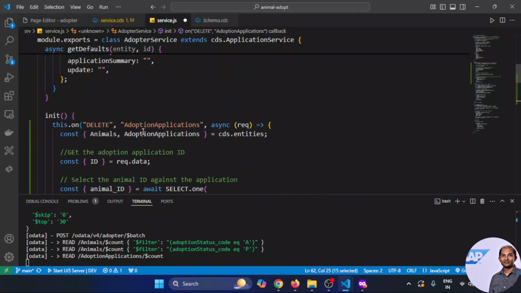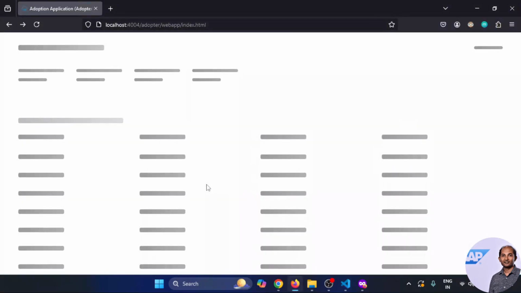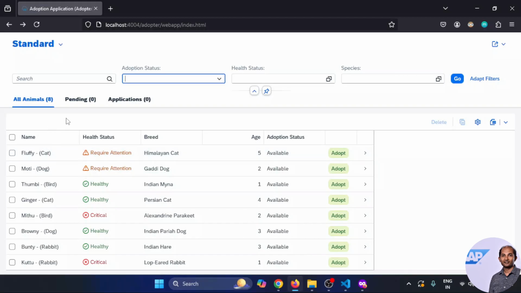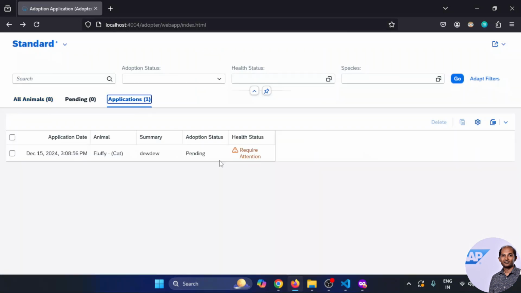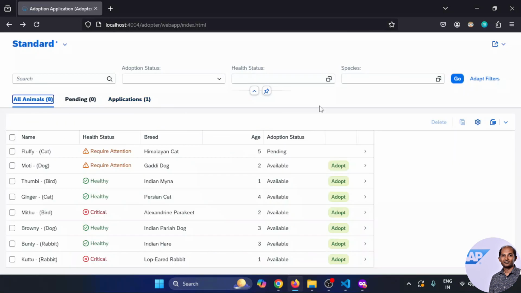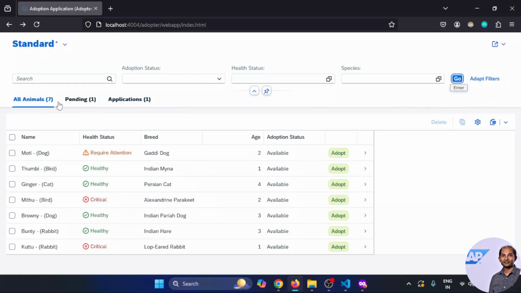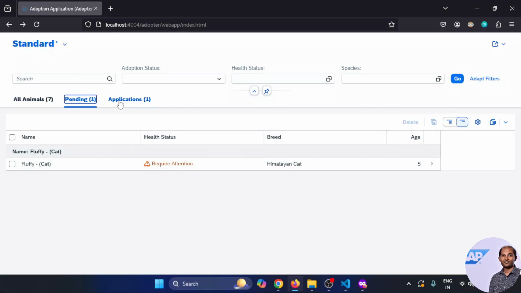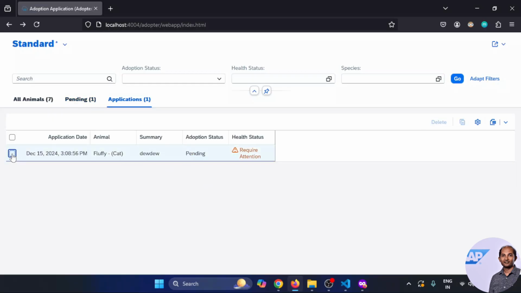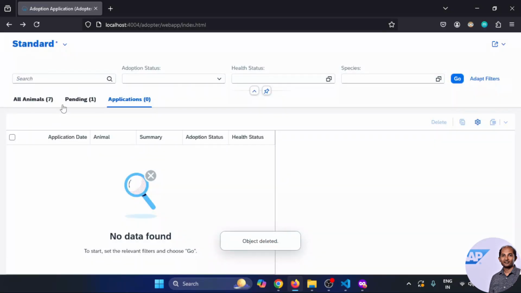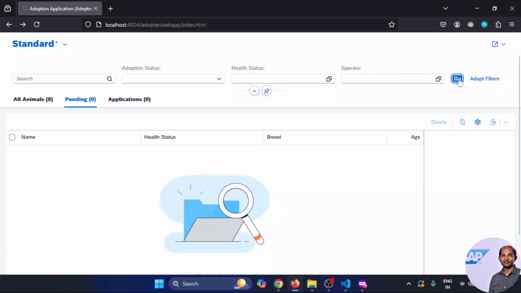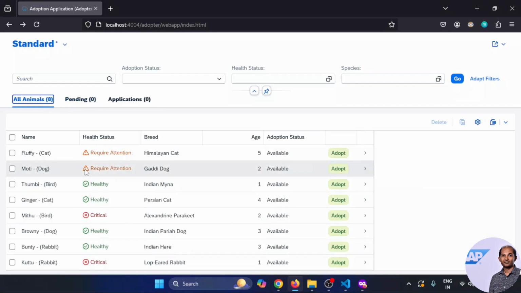Let's test it and see how this deletion now works. Application restarted. So let's adopt once again. Let's go to application, applications available, and let's refresh. It is 7, pending is 1. All are correct, working fine. So next action is I want to delete this record, and if I delete, I want to set the status back to available for this fluffy cat. Let's delete it. Boom. Now pending and update, you see pending is no more because